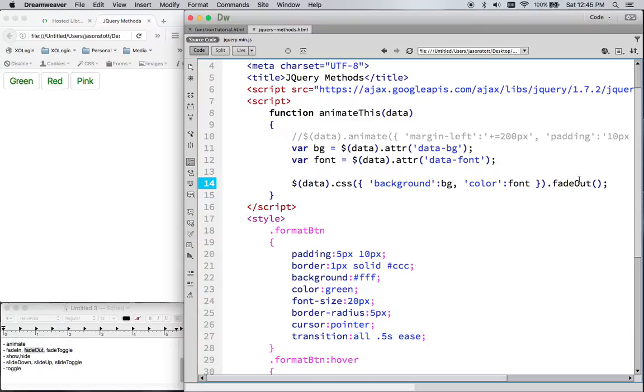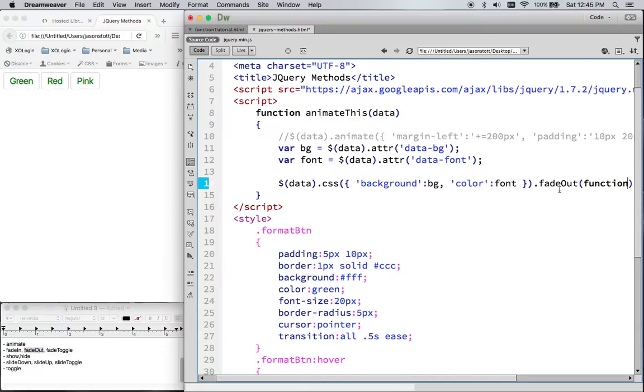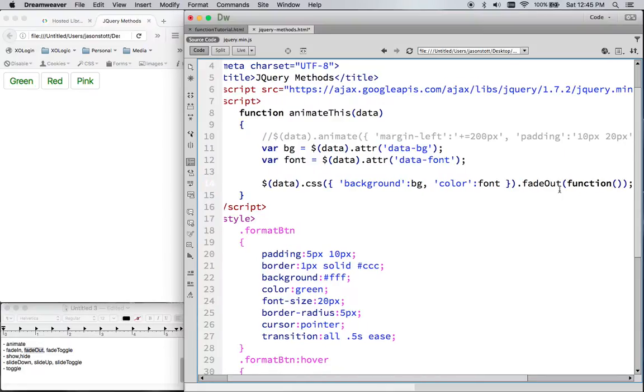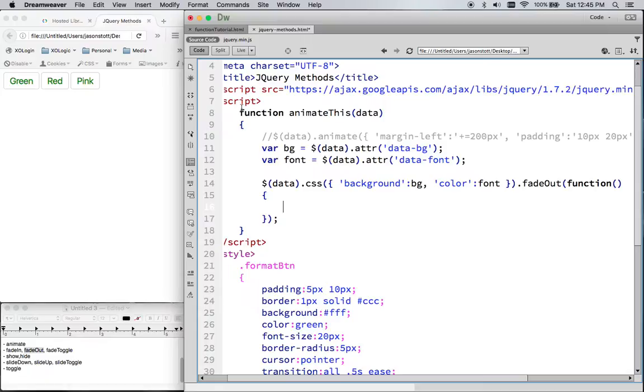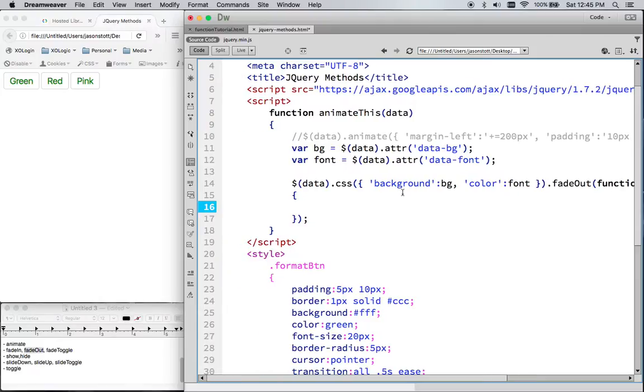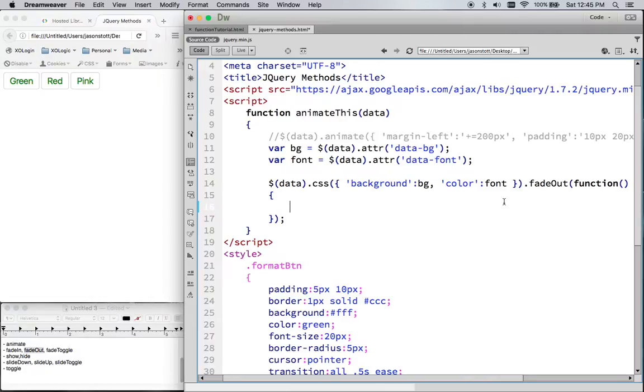Now, the fade out is a function or a method that has been set up on here. So now we can type in function, and then our two parentheses, and then our two curly brackets. You'll notice that is the exact same format as what we got here, except this function right here does not have a function name. It just has function, so it's very generic. But it only gets called once this right here completes. So now we're going to do